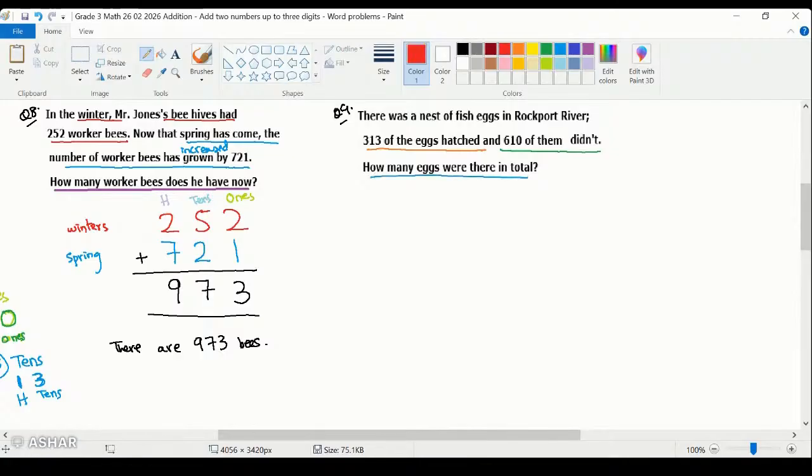So we can write the number of hatched eggs, and these remained unhatched. So we can say 610 remained unhatched and 313 were already there, which hatched. So when we need to find the total number of eggs,